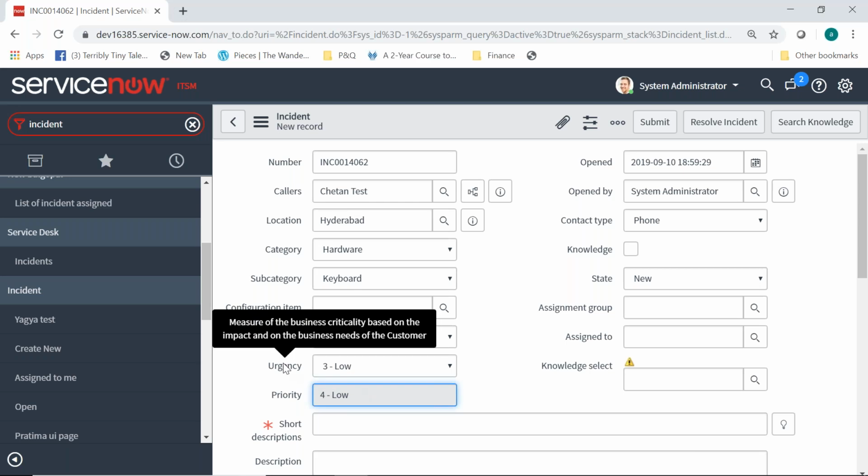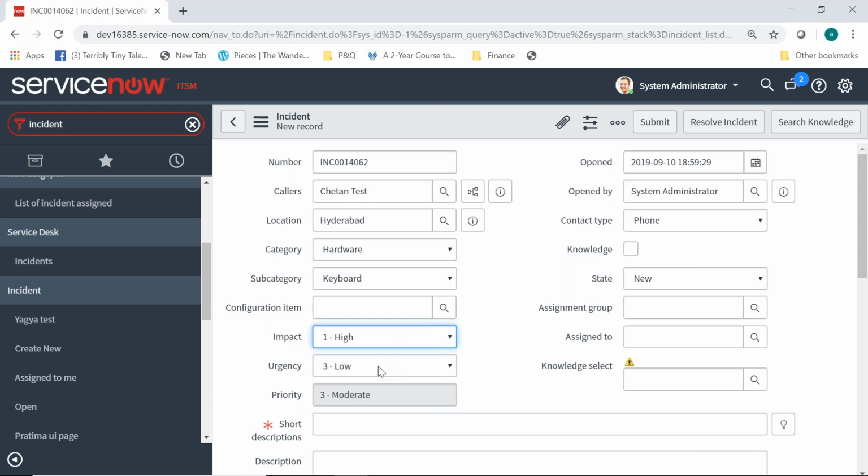Let's check it out. If I go over here, you will see when I alter the impact, priority is changing. It got changed to 3. Again, if I change urgency, even then it is getting altered. So we need to understand the relationship here: the priority value is always equal to the numeric part of impact plus urgency minus 1.